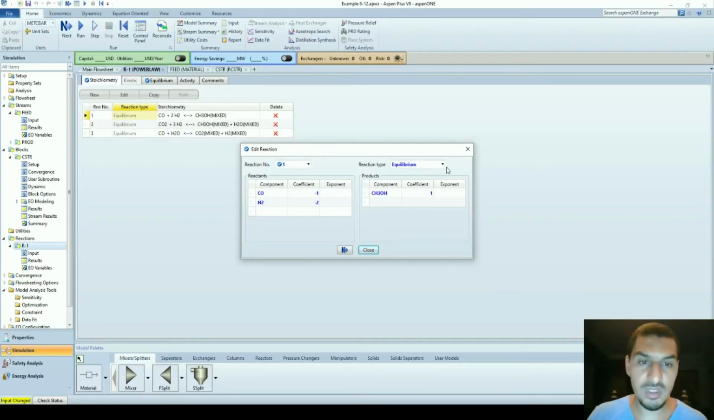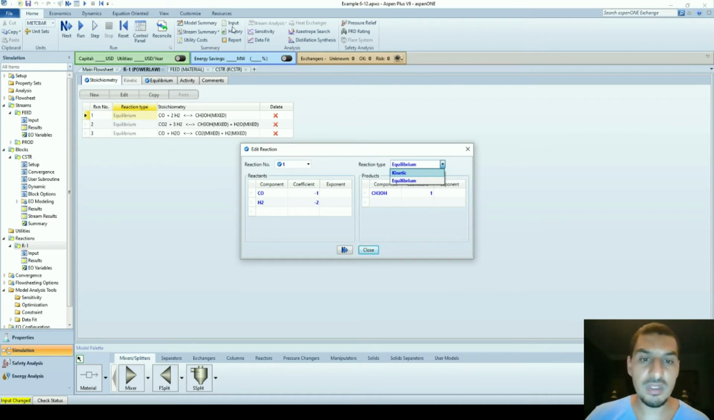And by doing this, we can find that there is an option here to go for either kinetic reaction or equilibrium reaction. If we choose the kinetic reaction, we'll find that this tab is active, and you should fill in the information about the reaction kinetics, either Power law or Langmuir-Hinchelwood or whatever reaction kinetics you